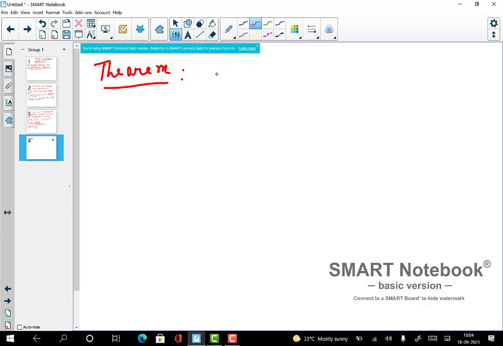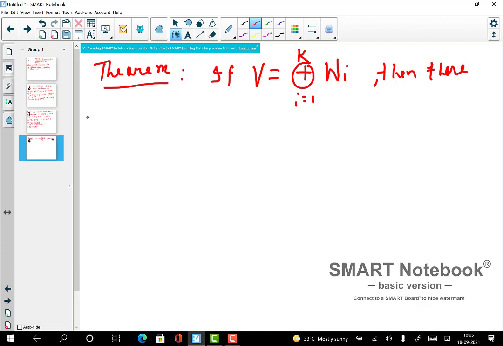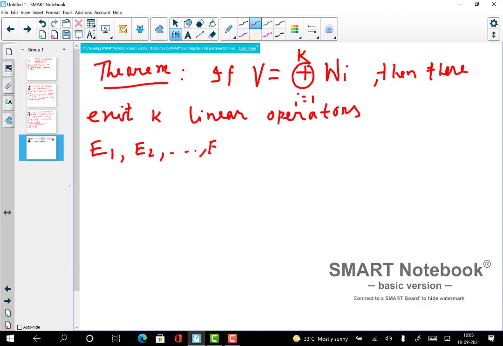So I'll write down that theorem. And this theorem is also an important theorem that is going to help us understand the spectral theorem. Okay, so what does it say? Suppose V is a direct sum of some subspaces. I'm not saying that the W_i are invariant or anything, it's just some direct sum. Then obviously there exist k linear operators, let me write down the names, E1, E2, up to Ek, on V, elements of L(V),